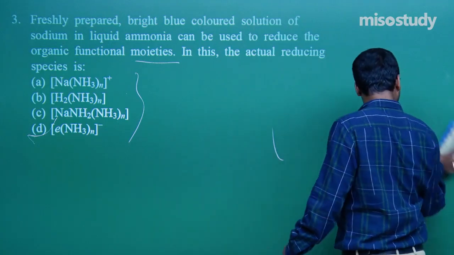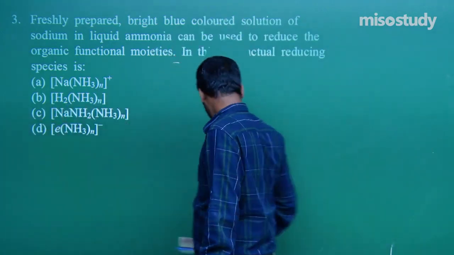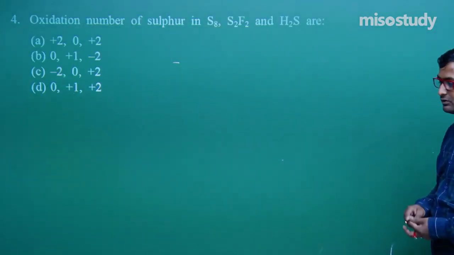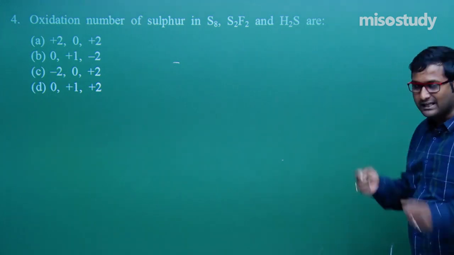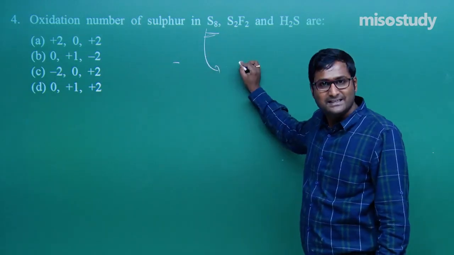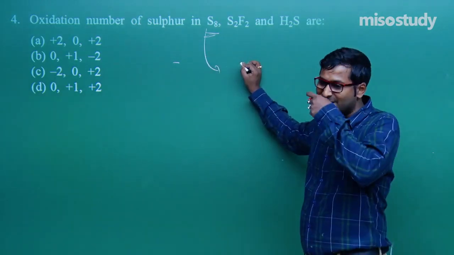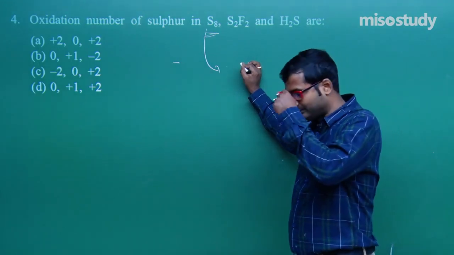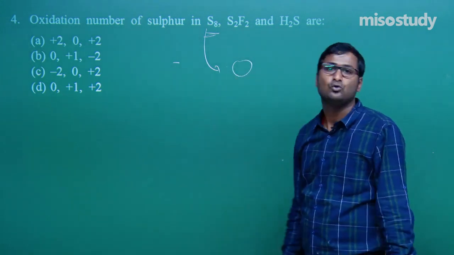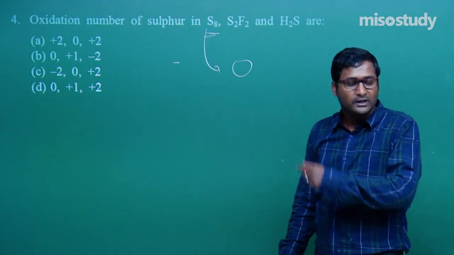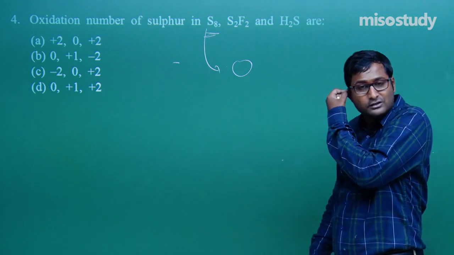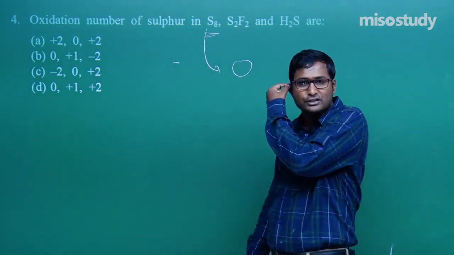Wait for a moment. The next question is question number 4. Now tell me, this is one of the simple questions. Oxidation number of sulfur in the acid. As we know, if a component is in a free state, that is the general condition, then what will be the oxidation state in this case? That is 0. In case of O2, the oxidation state is 0. In case of N2, the oxidation state of nitrogen is 0. In case of F2, the oxidation state is 0.